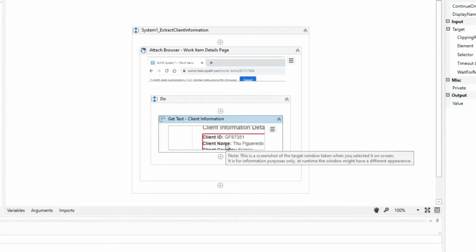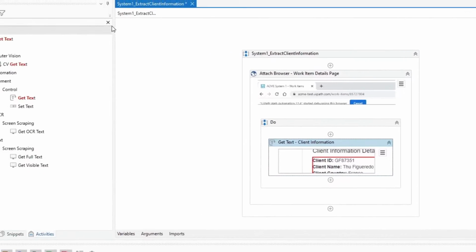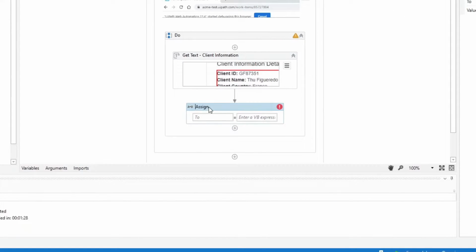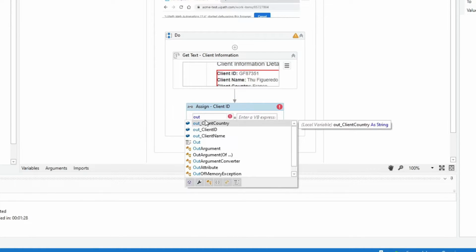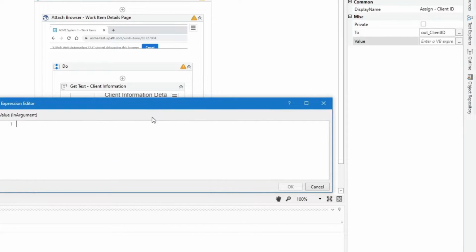Okay, next to that is to do some string manipulation so we can separate the client ID, client name, and client country and then assign them to our output argument. So look for the assign activity. We'll start with the client ID, and let's put in the to value the argument for the client ID, and for the value,